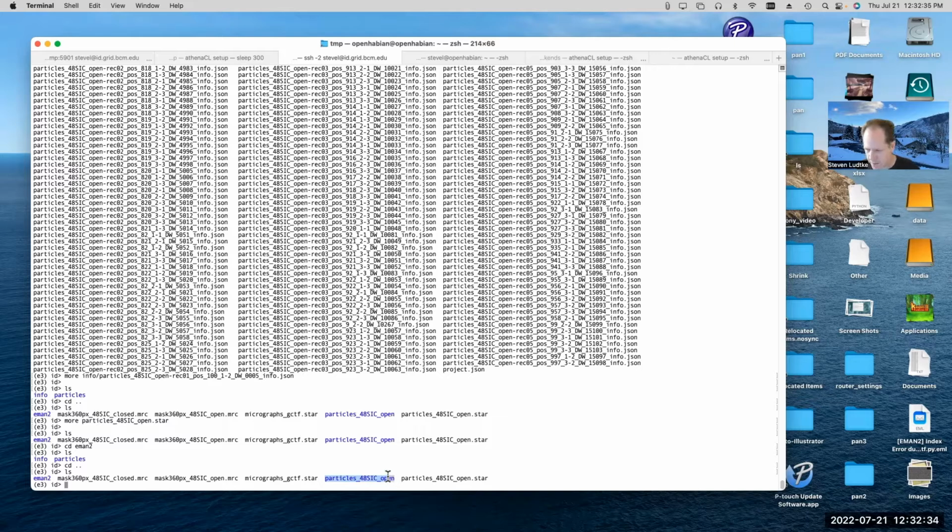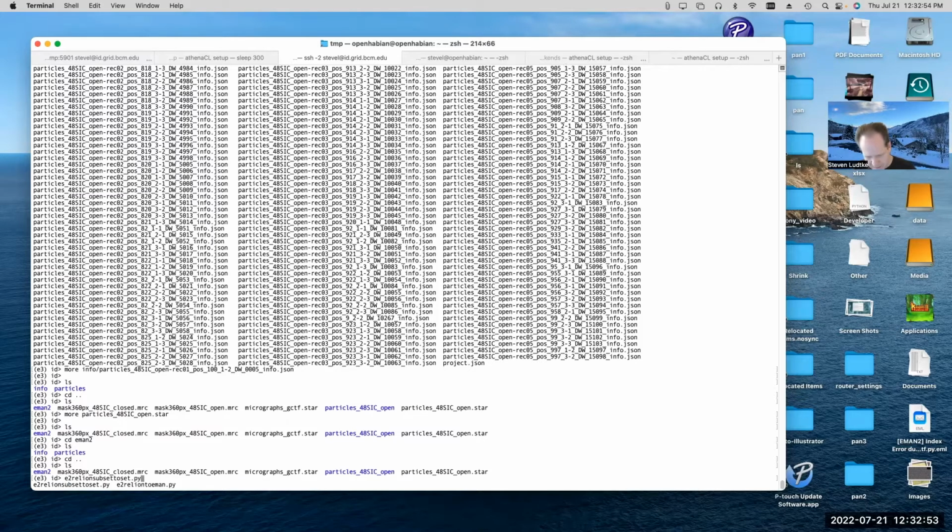this folder containing all the MRCS files, and we have our Relion star file here, and we want to get this into EMAN2. So there's been a program for the last 10 years or so called e2relion2eman.